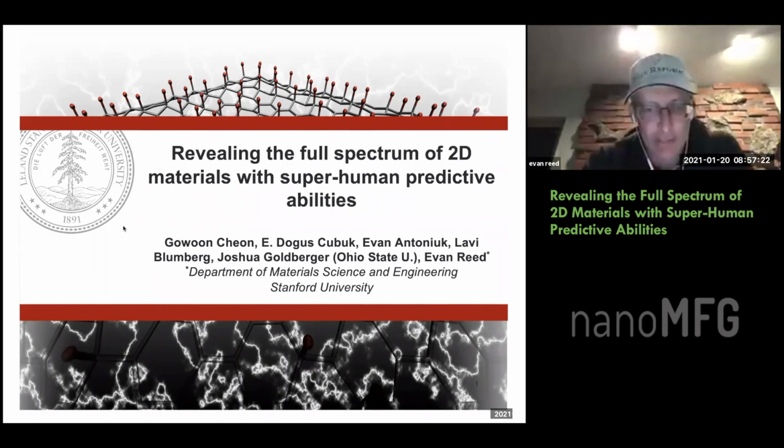And so this particular talk is really aimed at the question of synthesis and how to predict which types of materials are likely to be synthesizable. So if we're going to invest a large amount of effort in trying to synthesize some range of materials, how do we leverage our physical intuition and also available data, put these two things together to try to predict what's the full spectrum of possible materials that have a particular property that we're interested in. So this focuses on two-dimensional materials, and